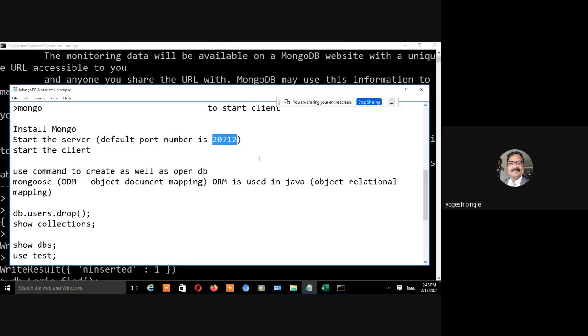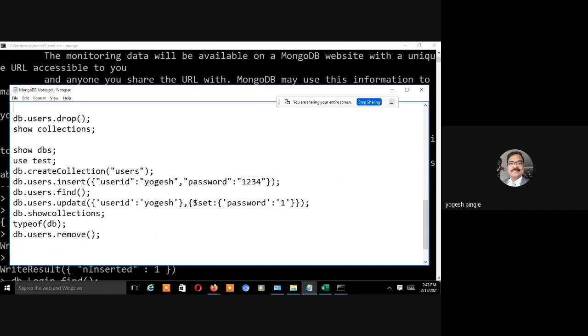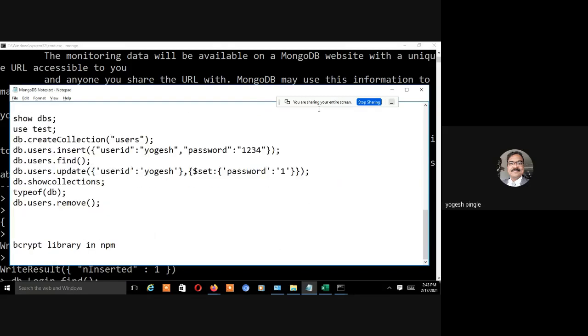Then the use command is used to create as well as open a database. Mongoose is used, and there are two concepts: object document mapping, and ORM, which is also used in Java, object relational mapping. These few terminologies you should understand, otherwise your journey will be easier.